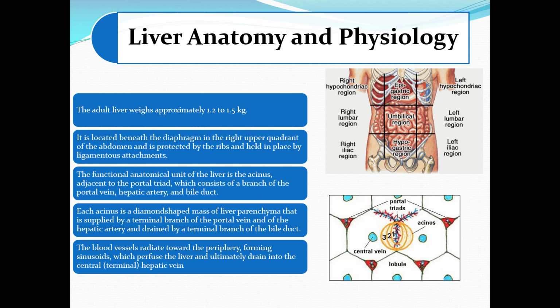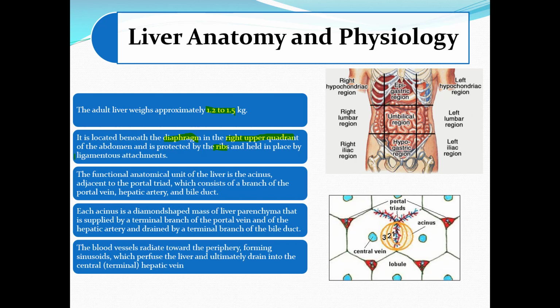We will start with the liver anatomy and physiology. The adult liver weighs approximately 1.2 to 1.5 kilograms. It is located beneath the diaphragm in the right upper quadrant of the abdomen, protected by the ribs and held in place